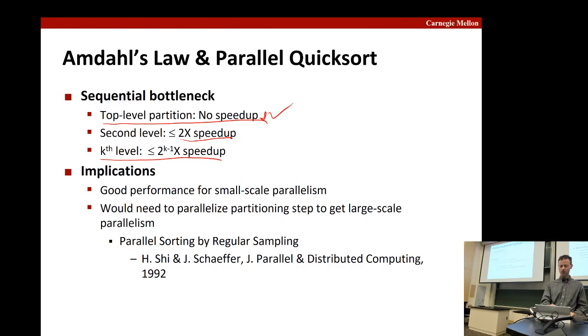Okay, and so if you really wanted to get better results or have this speed up on larger machines and so forth, you're going to need to parallelize the partitioning step. And there are ways to do that that look kind of like quicksort. And like I said, there's other ways of sorting. So one common way would be to just grab at random a whole bunch of pivots, and then sort those pivots, and now those create bucket boundaries for the rest of the array, and then you just go through and you take each